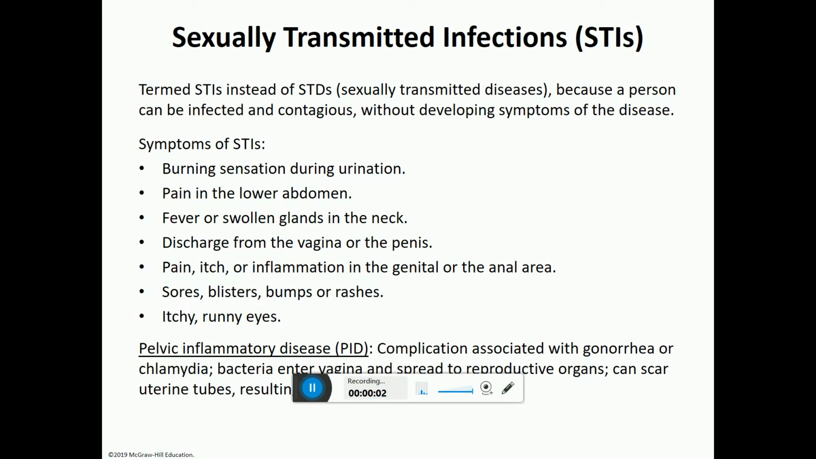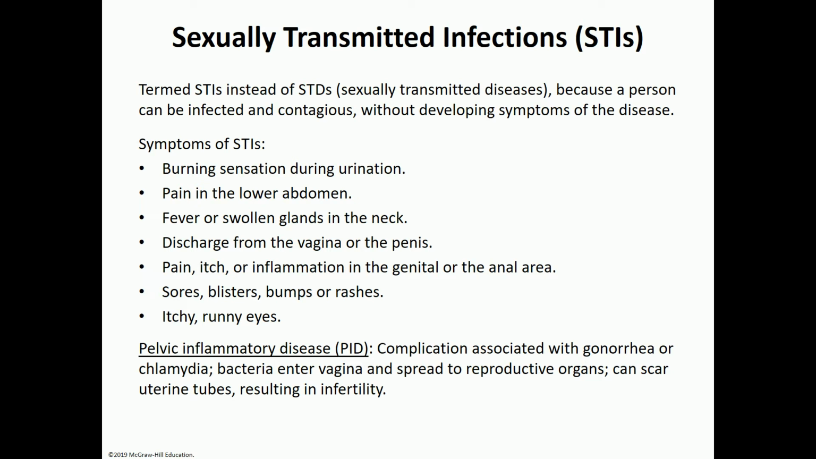Now let's discuss STIs. STIs used to be called STDs, which are sexually transmitted diseases, but because these are actually infections, whether bacterial or viral infections, and the person can be contagious without even developing symptoms of the disease, that name has been changed into sexually transmitted infections or STIs. Some of the common symptoms of STIs include